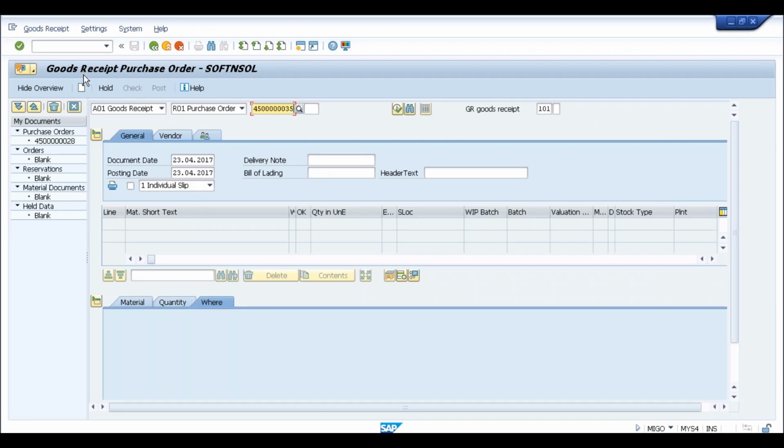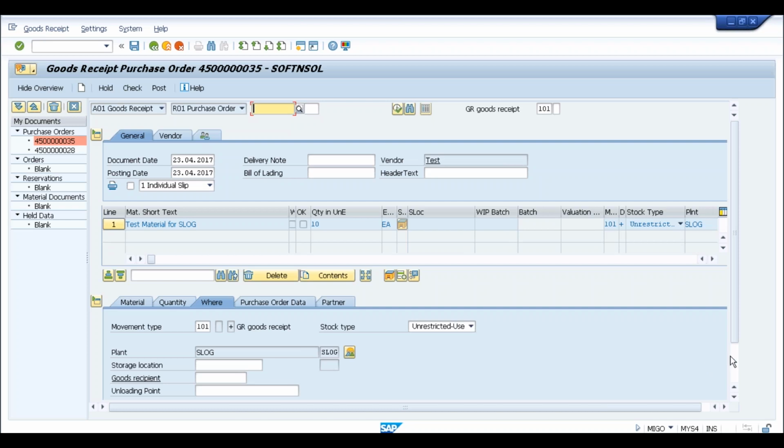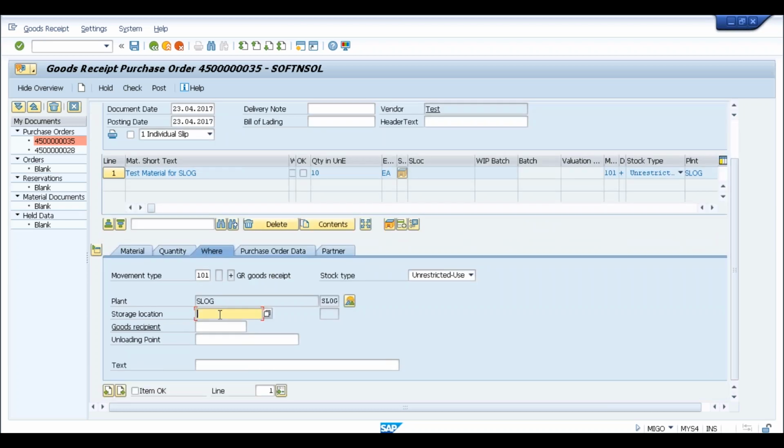Okay, now in Migo, again the screen, as you can see, is very much similar to what we were able to see earlier. There is no change in the Migo screen. I'll enter the storage location and click on item OK. Again, the same process I was following earlier. And if I try to save it now,